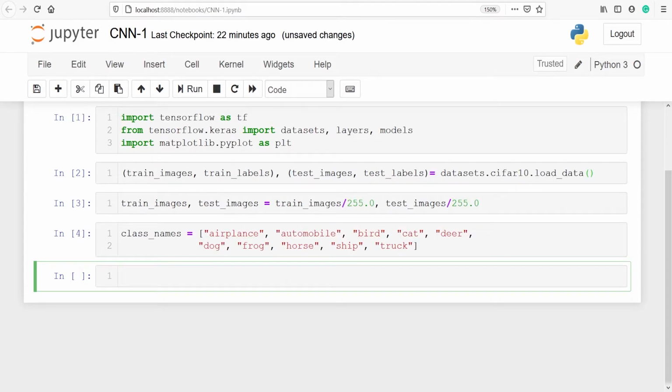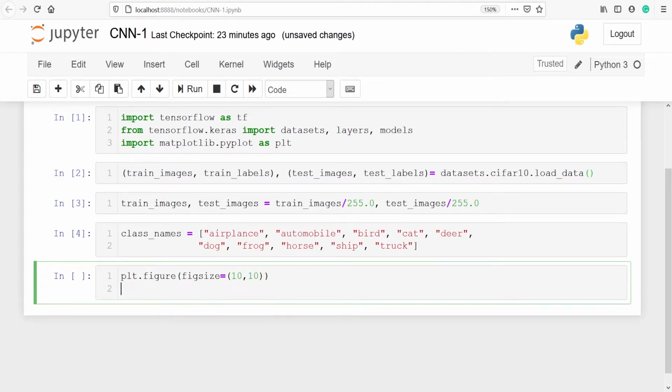To verify the data, we will plot the data. We will look at the first 25 images from the training set and display the class names below each image. I'll make a plot using matplotlib. plt.figure, figsize equal to 10 by 10. So here I am defining the figure size, the plot size.